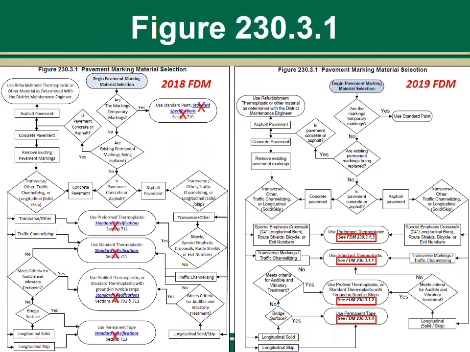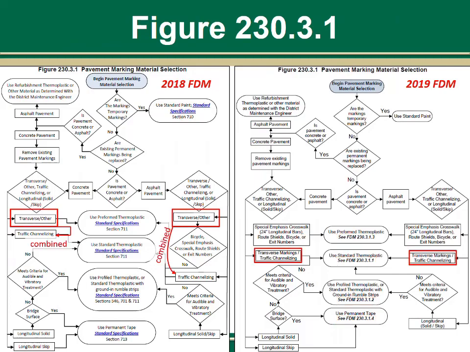So the purpose of this flowchart is to have a quick and easy way to determine which pavement marking you should use, and then go from here and read more about it in the FDM sections listed in the flowchart. The next edit we made was to combine the boxes shown here on the left that said Transverse Other with